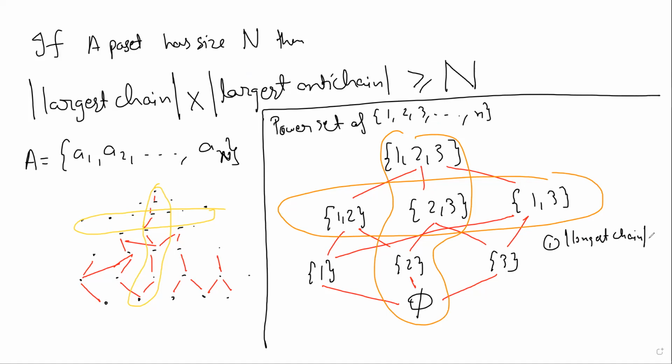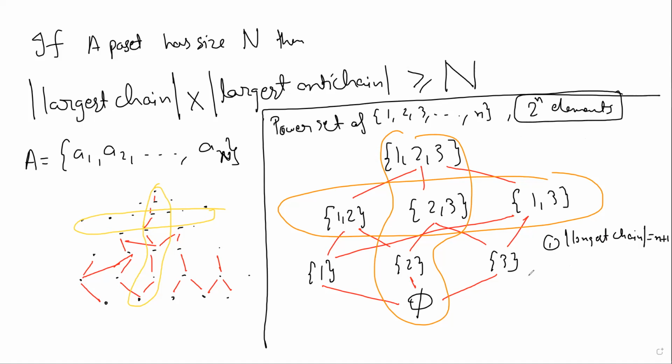N plus 1. Does everybody see that? It's correct. Length of the longest chain is n plus 1, right? Because you could just start with 5, and then you can just add one element at a time. Okay, is this okay with everyone? Yeah, but before that I should say that there are 2 to the power n elements. I didn't say that in this poset.